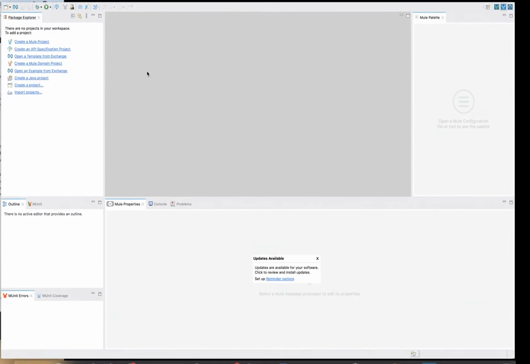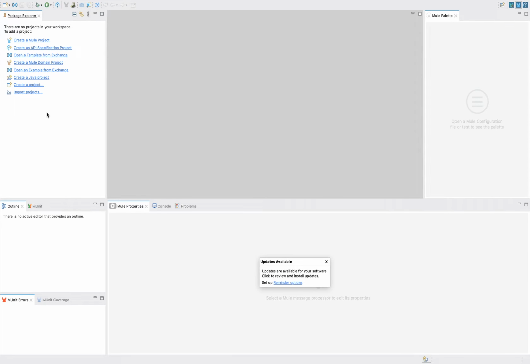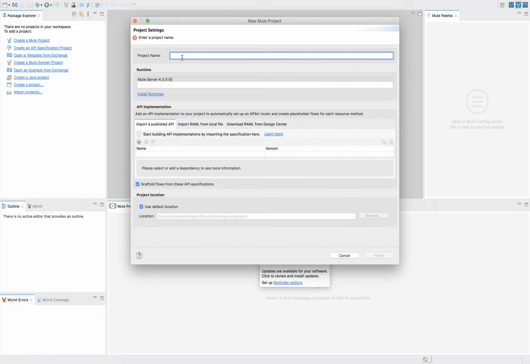Okay, so not only this one scenario, we can have multiple scenarios in the MuleSoft certification. Also there will be multiple scenarios on for each and parallel for each, and in interviews they can also ask. Okay, so we will cover 5-6 scenarios here only. So let me first create a Mule application.